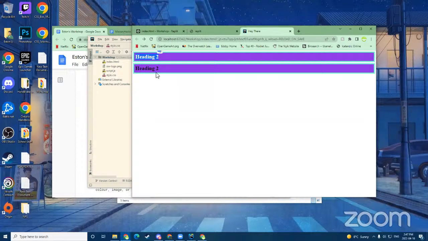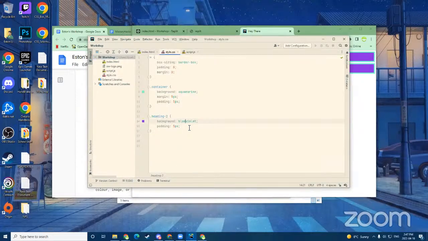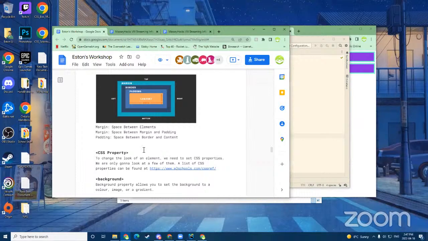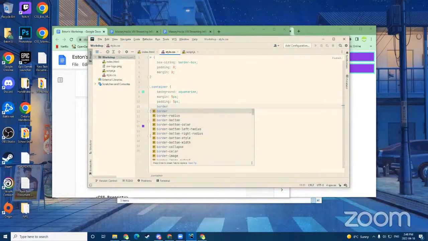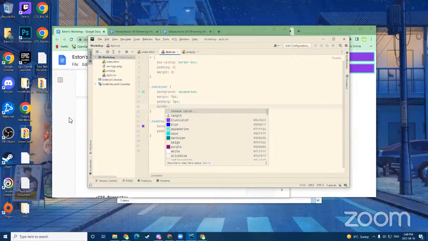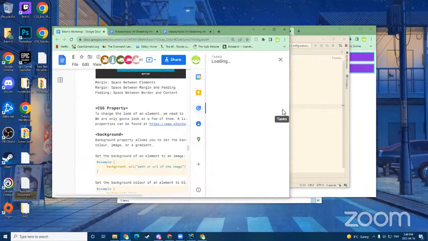It all pads around this content. And yeah, cool. And we can talk about border, I guess. So border, there's not much to talk about, to be honest. So border, usually you'll have